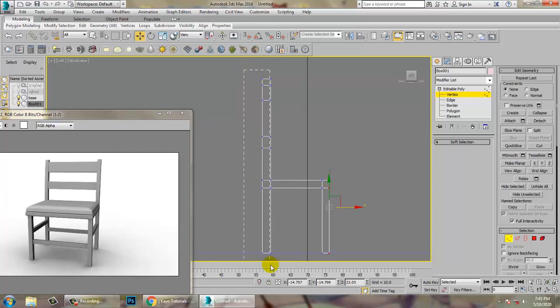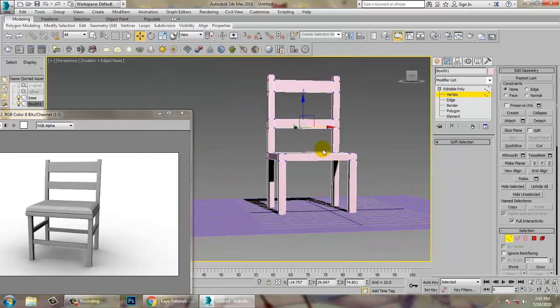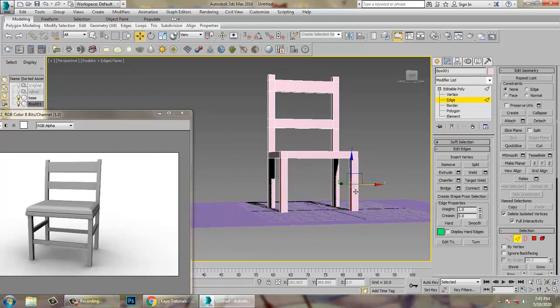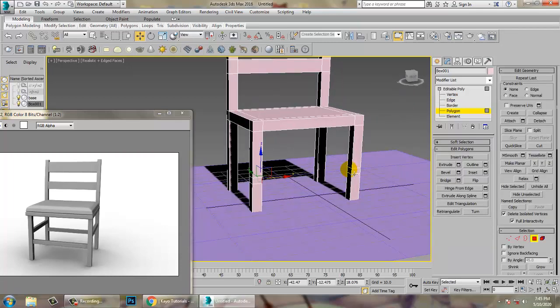So select this. Right now, in the side view, that's your left view, make it thinner. So again I will select this and this. Again ring it, connect. I'll just push this up. Click OK. Select this and this and give bridge, OK.